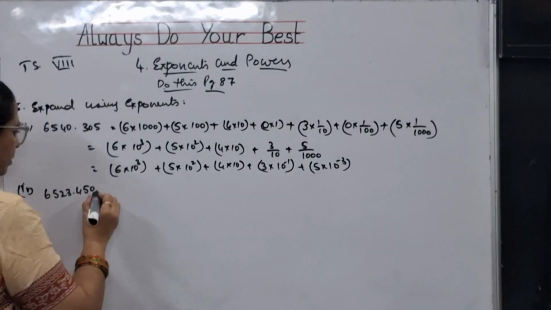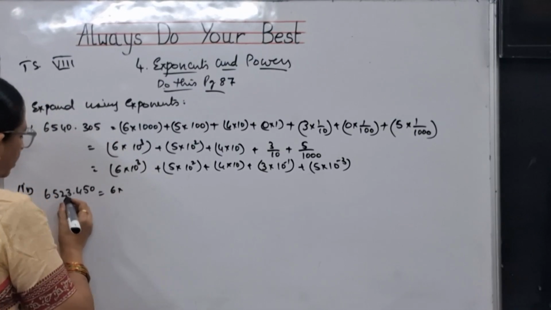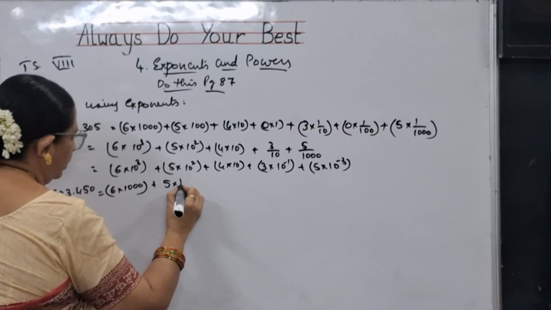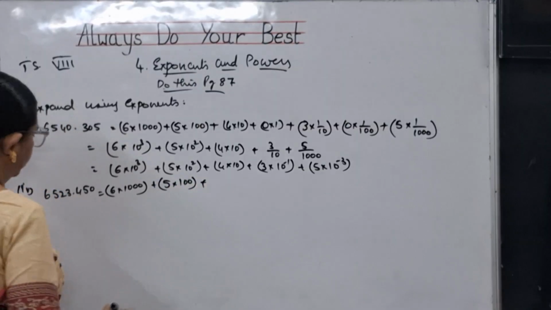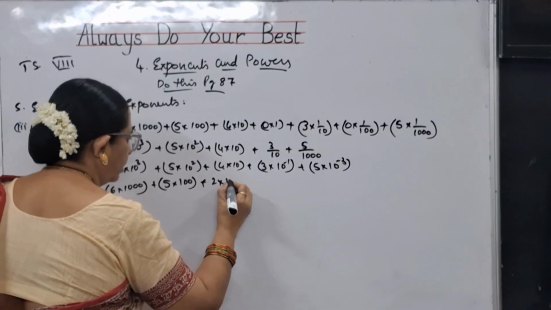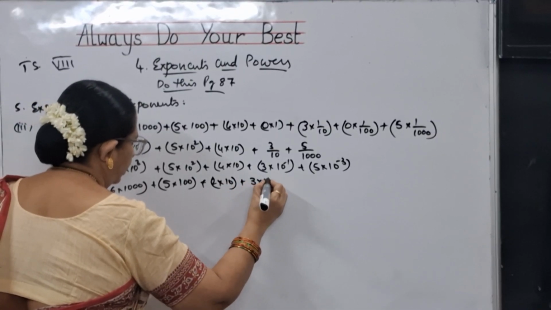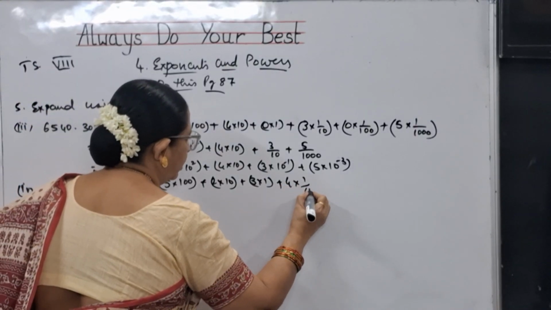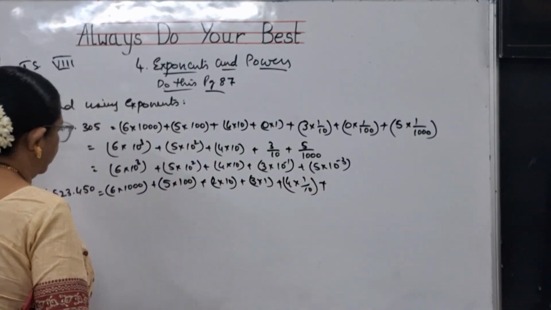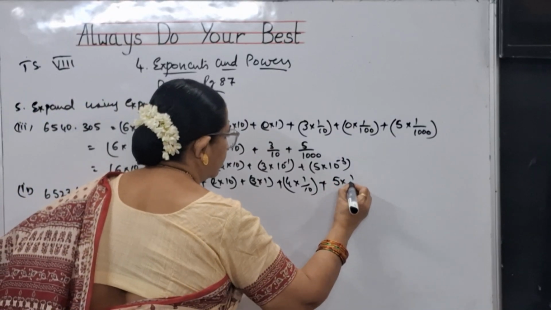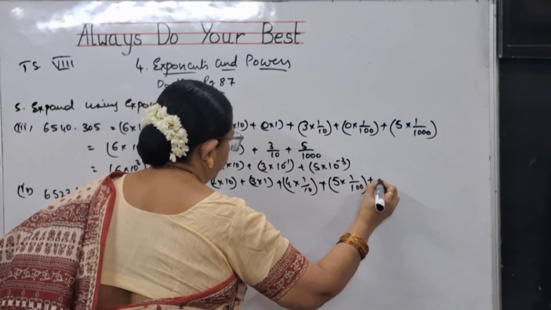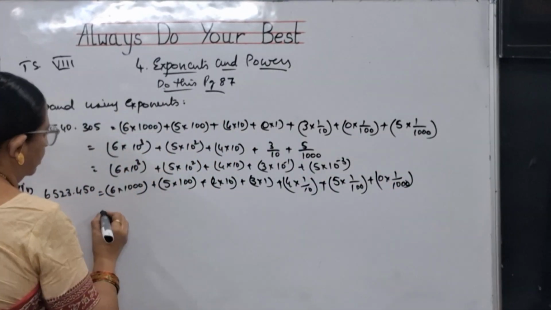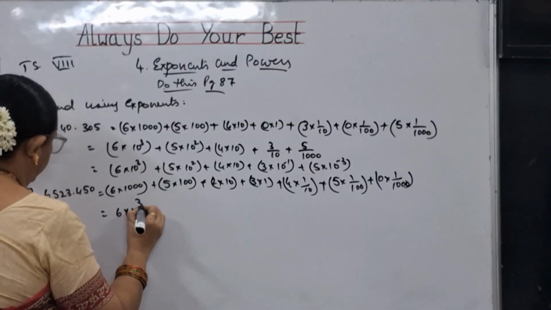6523.450. So 6 in thousands place plus 5 in hundreds place plus 2 in tens place plus 3 in units place plus 4 in tenths place, 1 by 10, plus 5 in hundredths place, 1 by 100, plus 0 in thousandths place. This can be written as 6 into 10 cube,